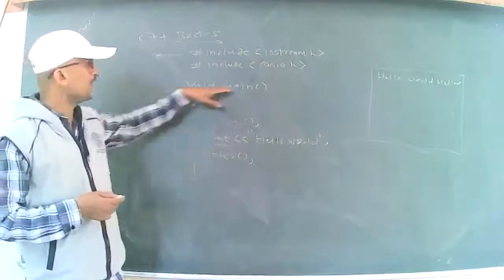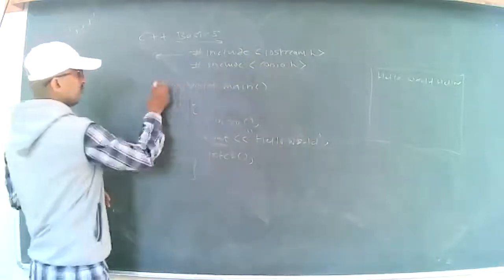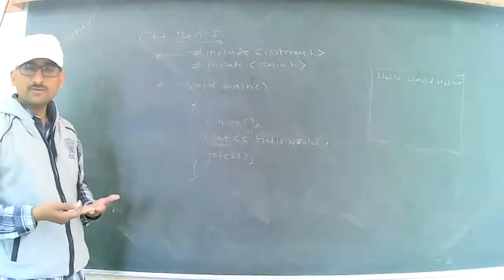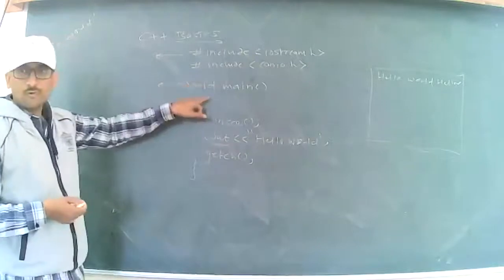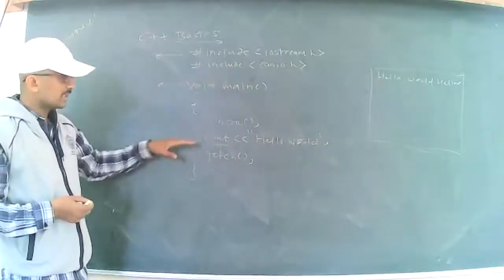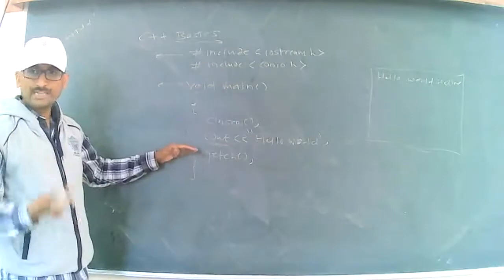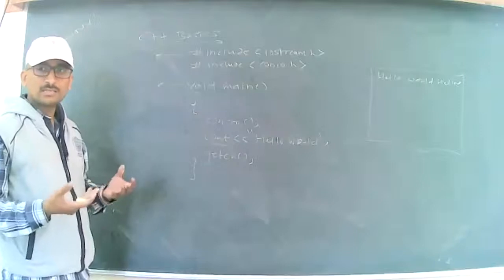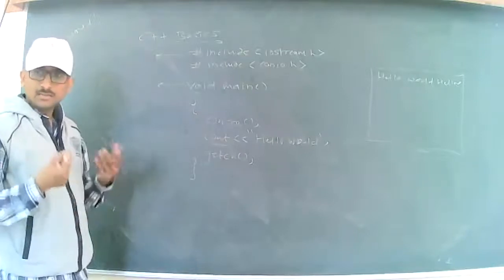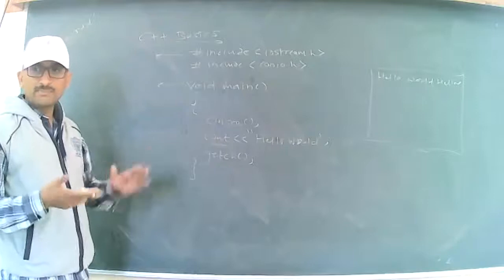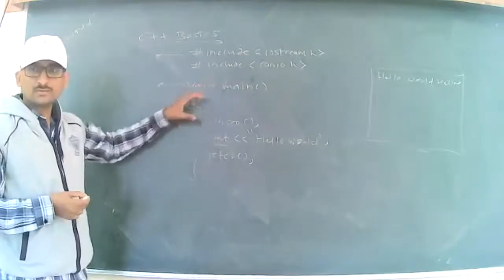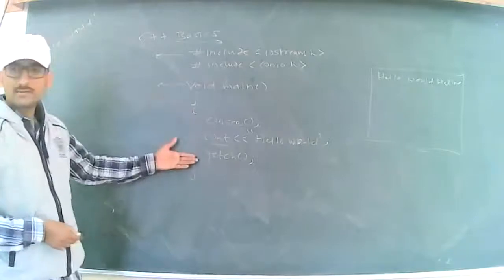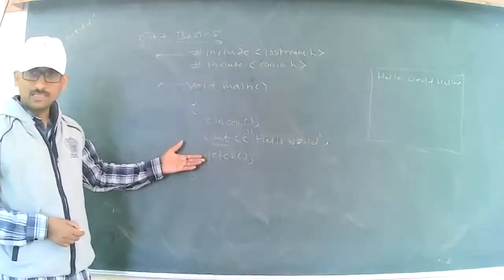Okay. Now, this is the main function. This is nothing but the return type. You can use any kind of return type. Generally, we use the void return type. If your function is returning some data, at that time you can use another return type, just like integer, character, float, depending on what kind of data your function is going to return, right? And this part I have already explained, right?